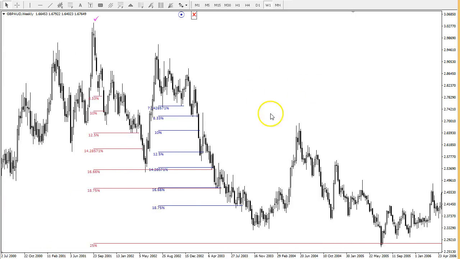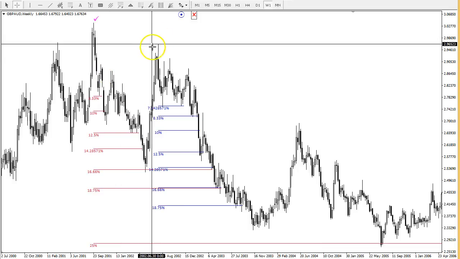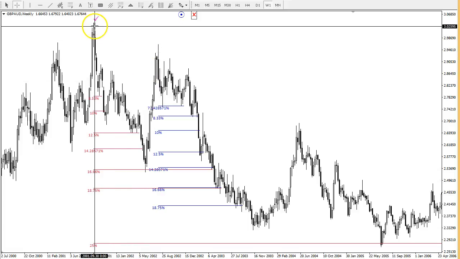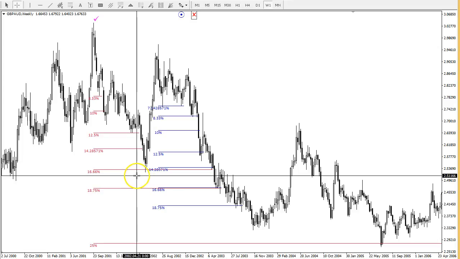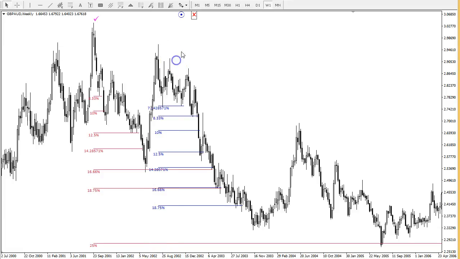We keep moving, and I cannot take percentage from that high because this high already broke that level. So you need to take a percentage from a high or low as long as the price did not break that level. Okay,